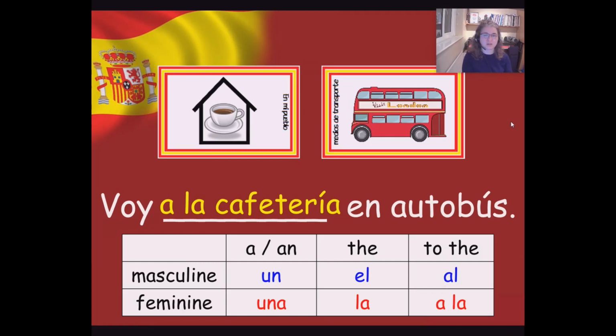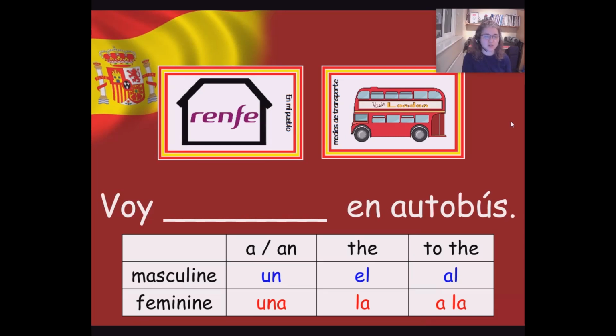Let's have a look at one more example. What's going to go into this gap? Have you got a masculine one or a feminine one here? Can you remember? It's feminine, isn't it? So this one will be "a la estación", "to the station", "a la estación". So if you're going to say where you're going to, you need to always remember whether your place is masculine or feminine. Usually, you'll be able to tell with the "o" on the end for masculine, "a" on the end for feminine, or you can look for the "un" for masculine or "una" for feminine to tell you which group they fall into.